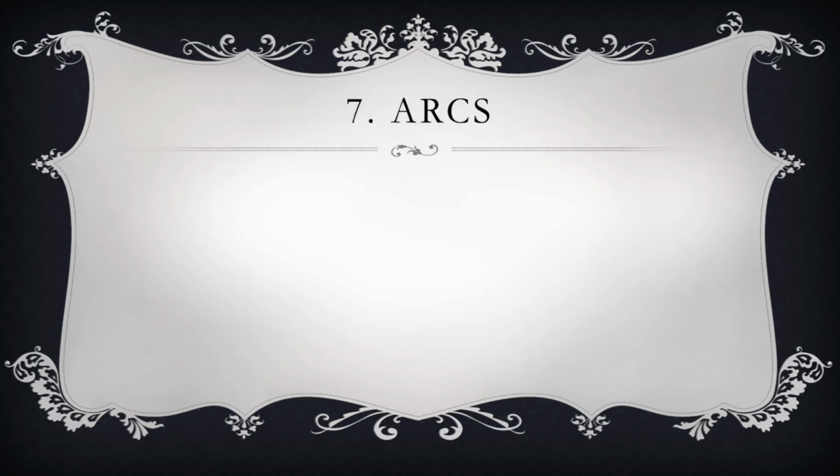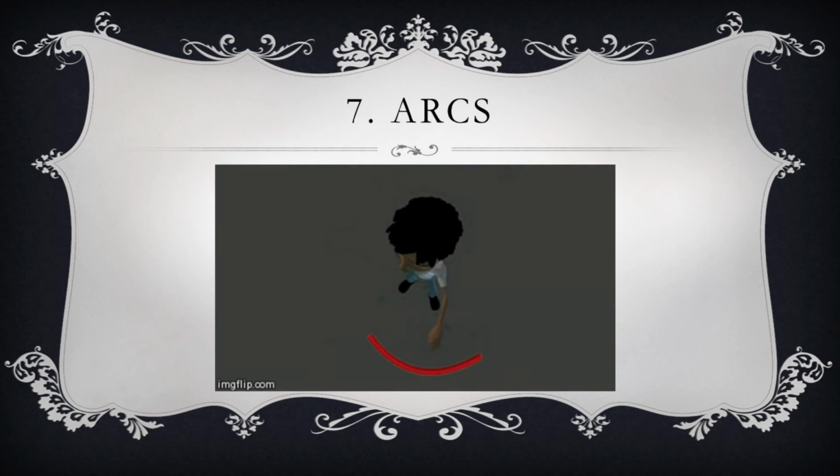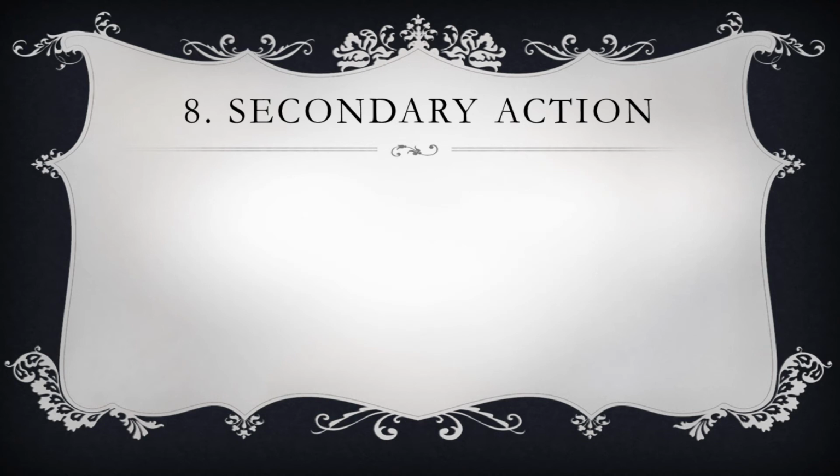Number 7, arcs. All parts of the body need to move in the shape of an arc for believability and realism. For example, the legs, the hands, and the body. In fact, organic objects move in arc shapes, and mechanical objects are the only exception. Mechanical objects are the only objects that move in straight lines. Characters tend to look fake and robotic if parts of their body move in straight lines only. That was actually a problem with newer animators. They tend to make body parts move in straight lines, and it tends to look a bit fake.